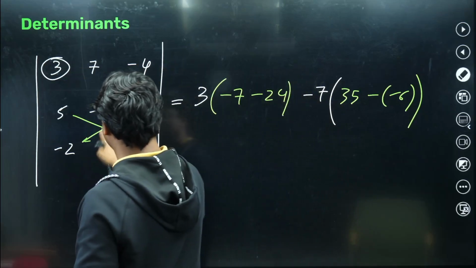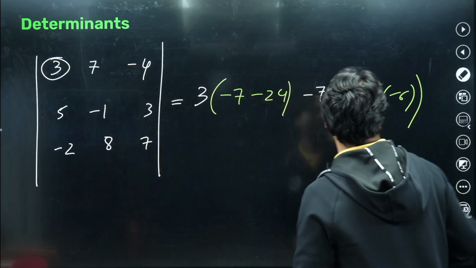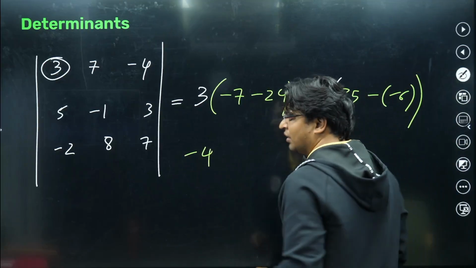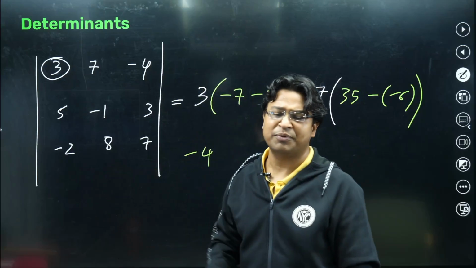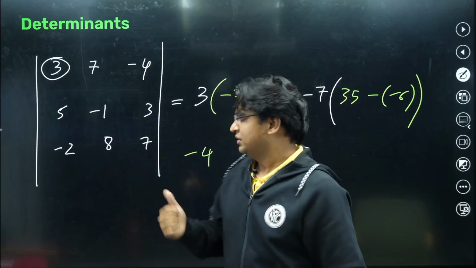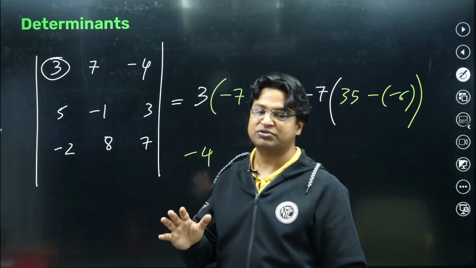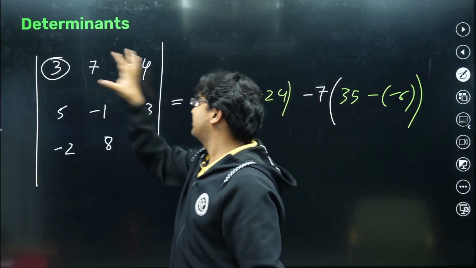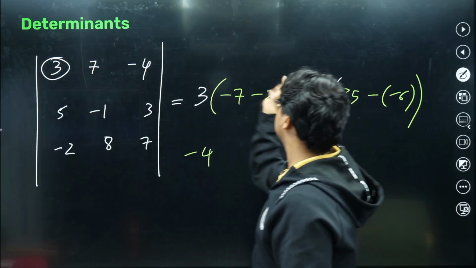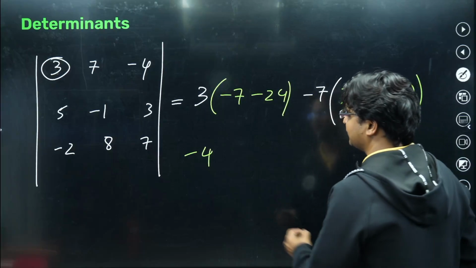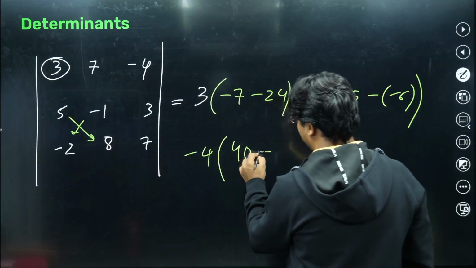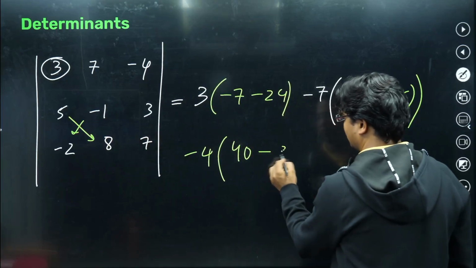So I'll move my focus to the next and the last number, which is minus 4. Now notice that I'm writing a minus 4 here. But sir, you said that the third one has to be positive. Arey, the third one doesn't have to be positive. The third one, the sign needs to remain same. Whatever sign this has, we'll bring that here. For the middle one, we change the sign. So minus 4, and then this minus this, so 40 minus the product of these two is 2, and now